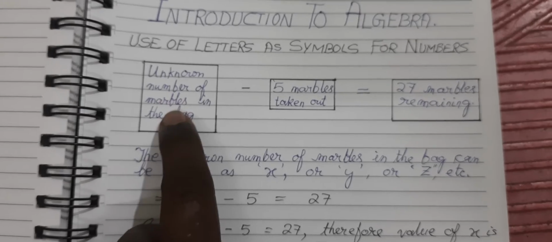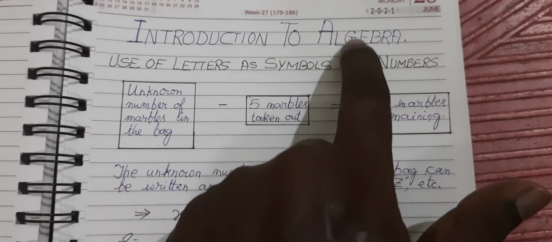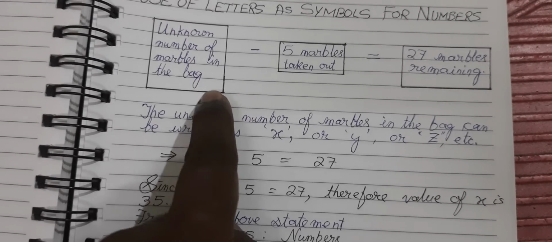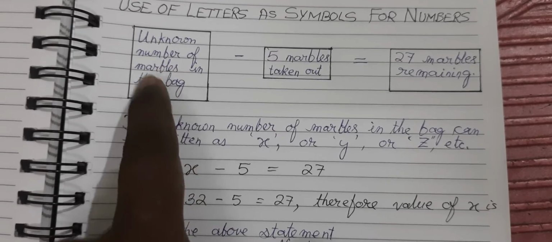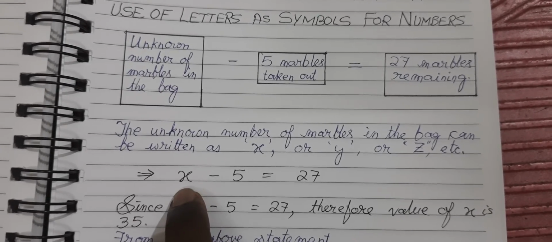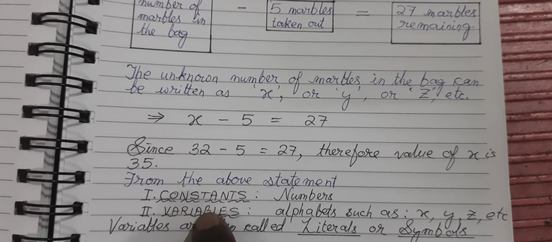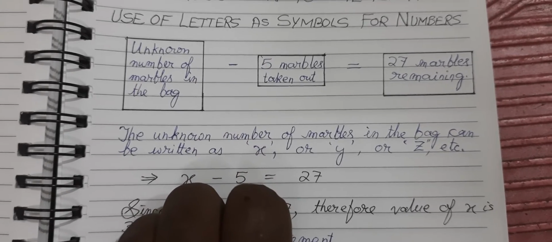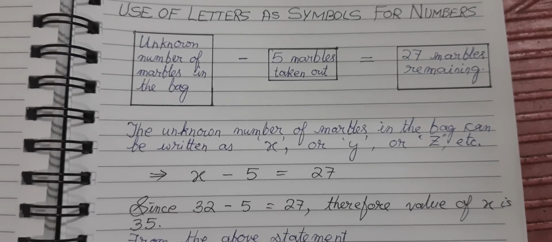So we know the meaning of constants and variables. And in this particular statement, this is a normal English statement. This English statement in the language of algebra is written as algebraic statement. From this statement to this statement. This is a normal English statement and this is an algebraic statement. The unknown number is always represented by any alphabetical letter like X that I have given over here. So a combination of constants, variables, arithmetical signs like plus, minus, multiplication, division and an equal to sign is known as algebraic expression.